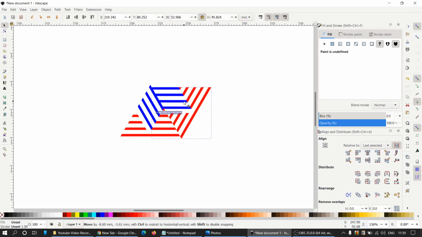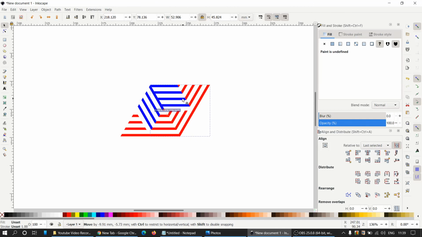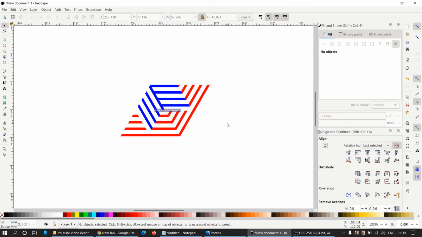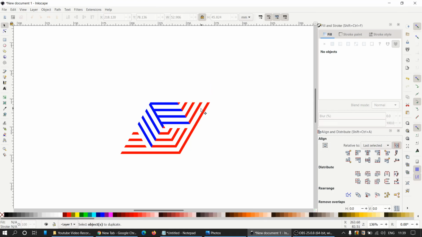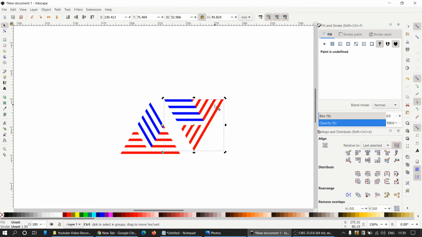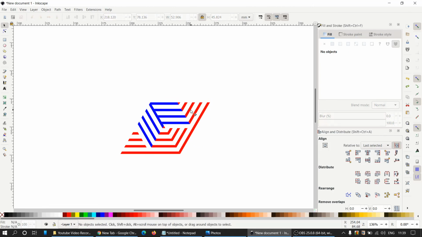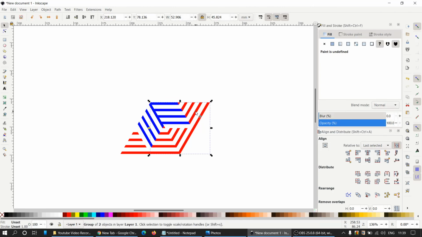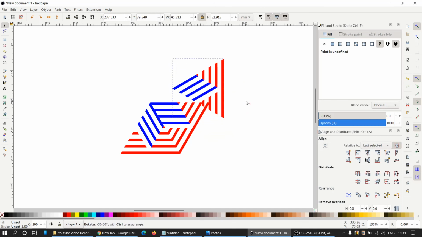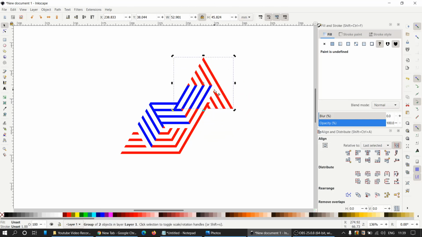Now snap it. See, now again click on this, right click, duplicate, move it, click again, rotate it 4 times,